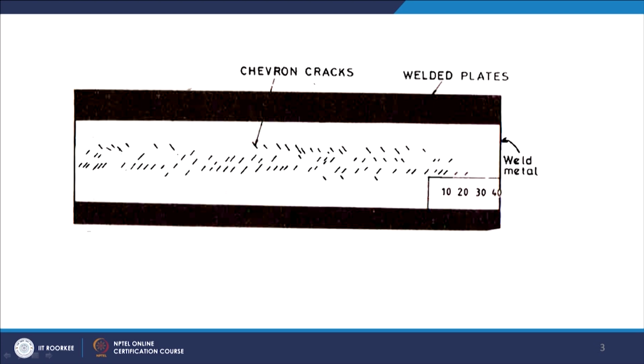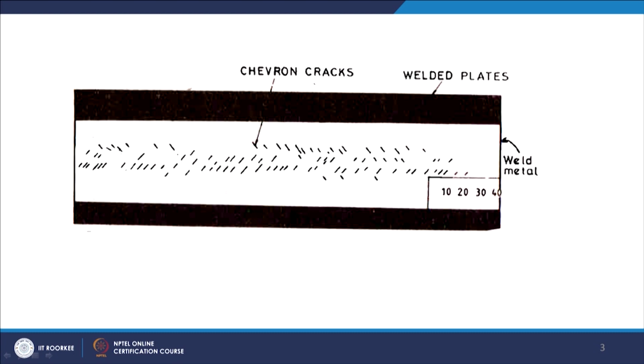On the top it is coming like this. They are basically at 45 degrees to the weld axis. So this is the type of crack seen in the weld metal, the indication of these